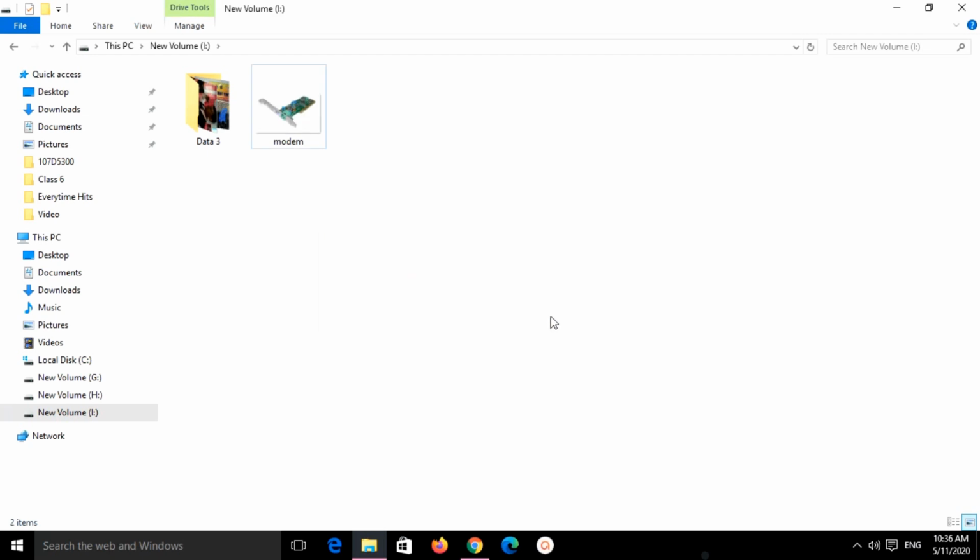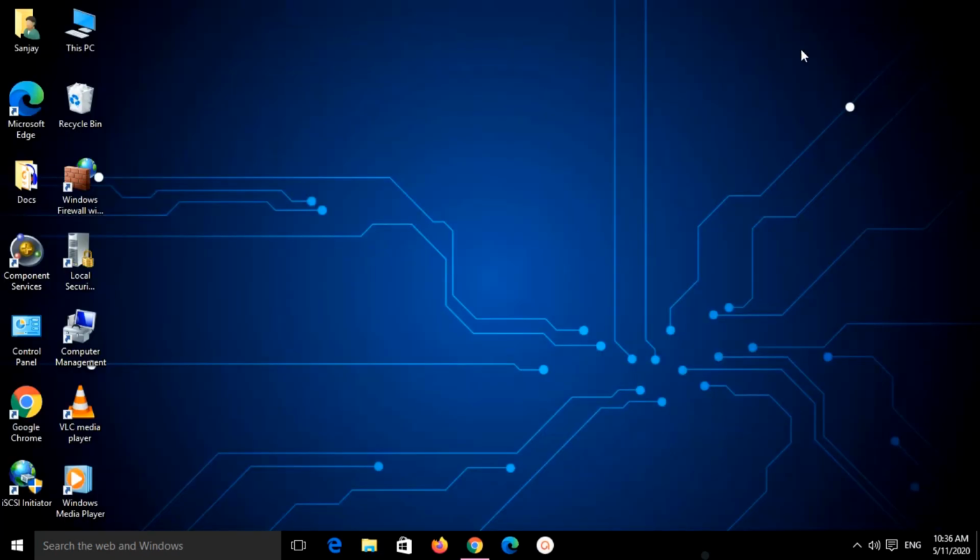Now what you saw, one file I deleted using the right click option, that went to the recycle bin, and another one I pressed shift plus delete, that is permanently deleted from the computer. That means it has not gone to the recycle bin. So let us go to the recycle bin and confirm the same.